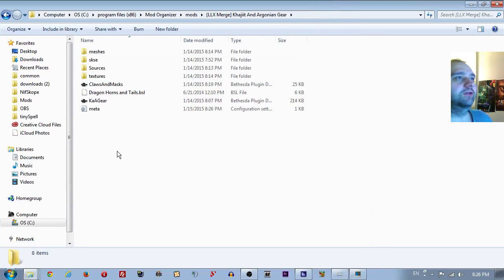I was doing some testing of it. It does reset all the form IDs, so if you had these items previously in another save, you enchanted them or whatever, and then you merge them all together, which I'll do a video of in the near future. It's just that right now I am currently